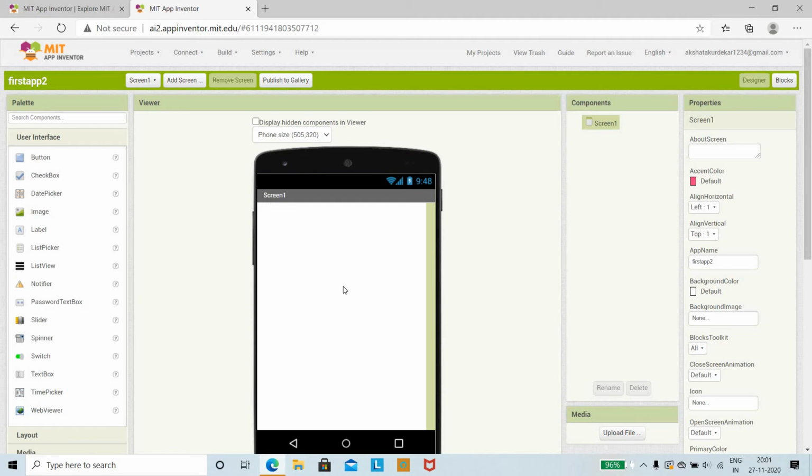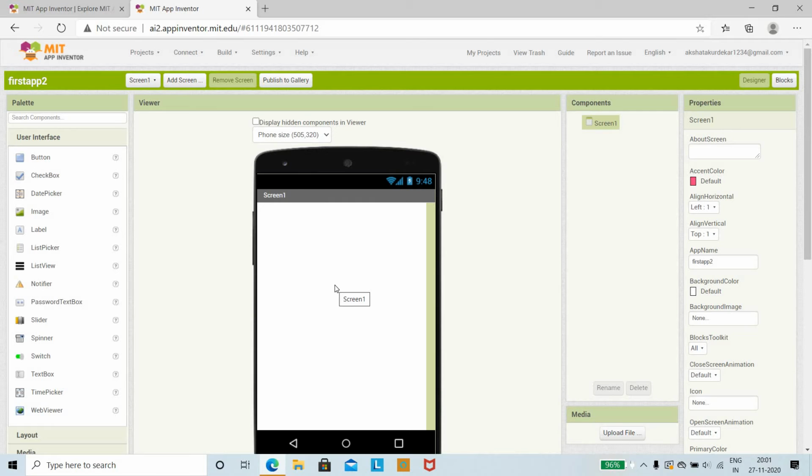So once this is done, you can see this is MIT App Inventor. Whenever you are going to build any app, it mainly includes two aspects. At one end you need to have user interface components, that is what you, the user, are going to interact with.